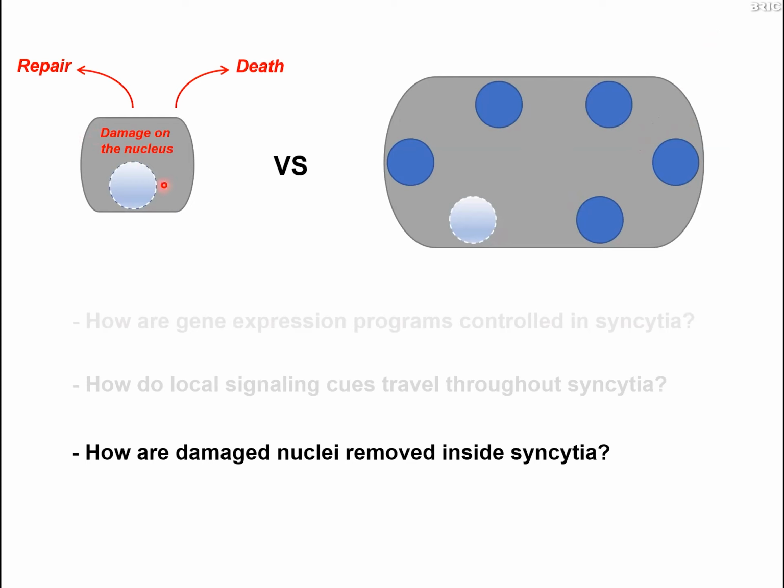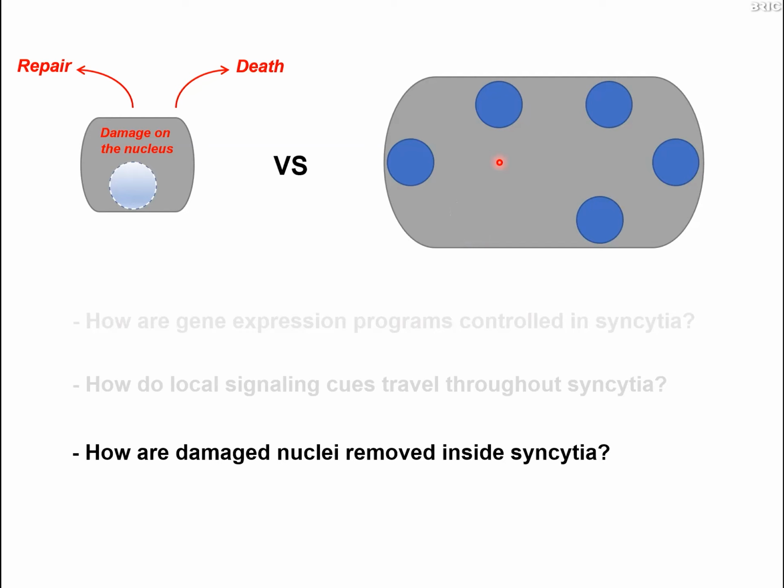They either repair this damage, or if their repair capacity cannot catch up, then these cells will undergo cell death. However, in the context of syncytium, it will not make much sense to kill the entire cell only because a subset of their many nuclei were damaged. Alternatively, these cells can adopt another choice, which is to remove these damaged nuclei, which is a completely not understood process